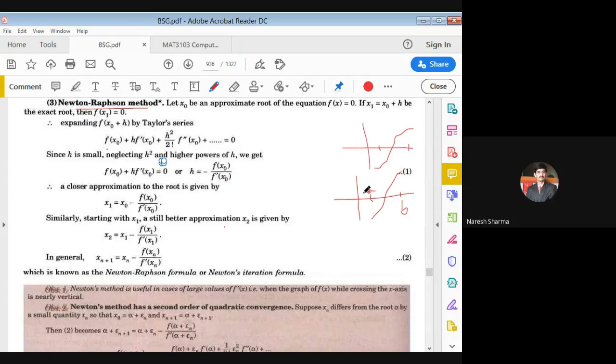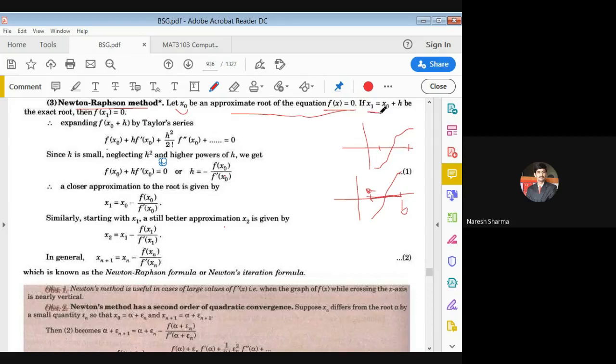So here also we can get the idea of where the function has opposite signs, and then we can choose any point lying between a and b. Either we may choose a, we may choose b, or any point between a and b. We assume that point as x0, the first approximation of the root of the equation f(x) equal to 0.